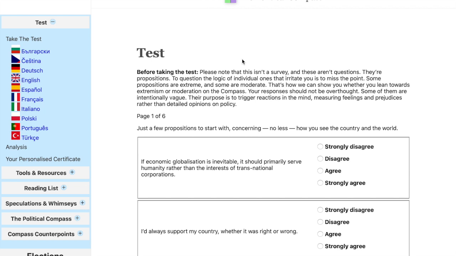Some of you may have heard of it. For those that haven't, it's a neat little resource. It's not absolutely comprehensive. It's not absolutely perfect. There's nuance and everything, but it's a neat little resource to kind of figure out where on the political spectrum you lie. It's a spectrum.